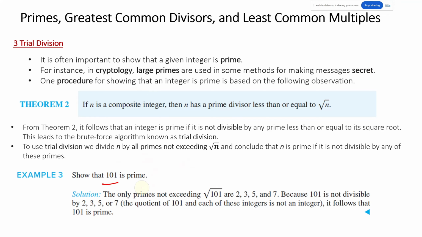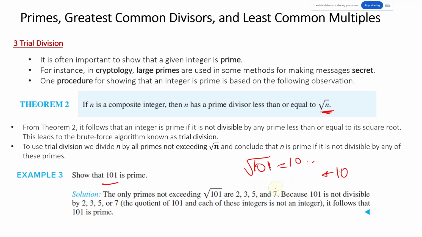By using the square root of n, if I'd like to know whether a number is composite, I need to find the square root of that number, which is going to be obviously 10 point something, and I don't care about the point something. If it's composite, that means I can divide it by one of the prime numbers that is smaller than 10, and if I'm not able to,